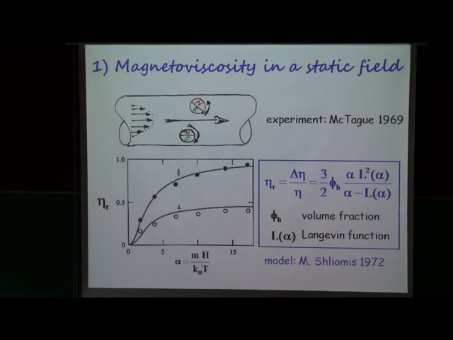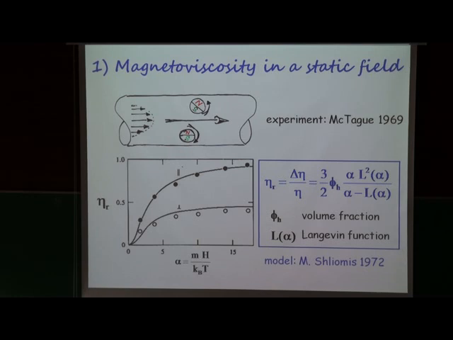The reduced viscosity is defined as the viscosity change due to the magnetic field: the viscosity with magnetic induction minus the viscosity without any field, divided by the viscosity without any field. This reduced viscosity is increasing. That means that by this constant magnetic field you are hindering the free rotation of the particles, and